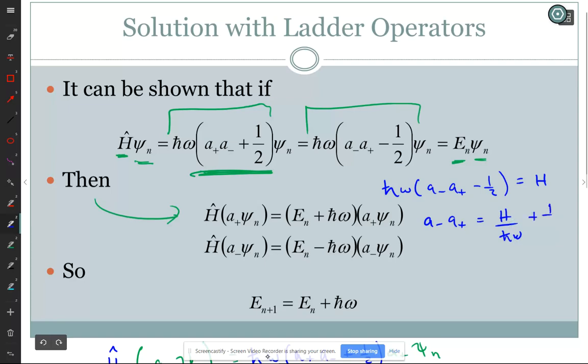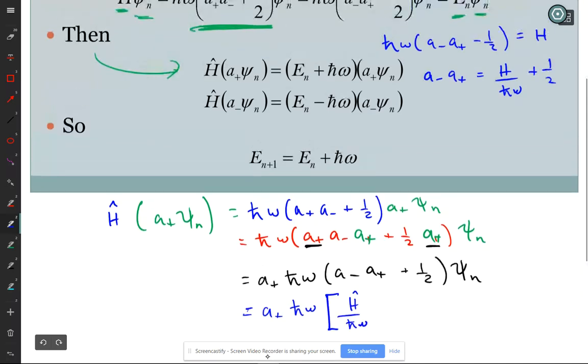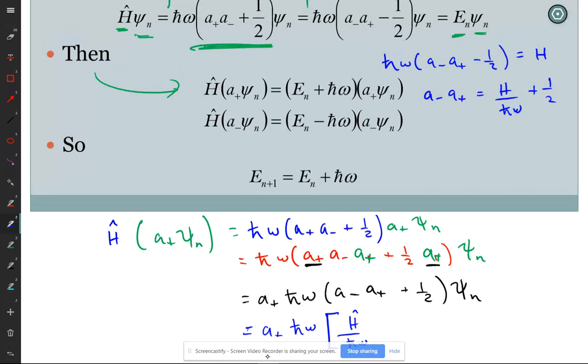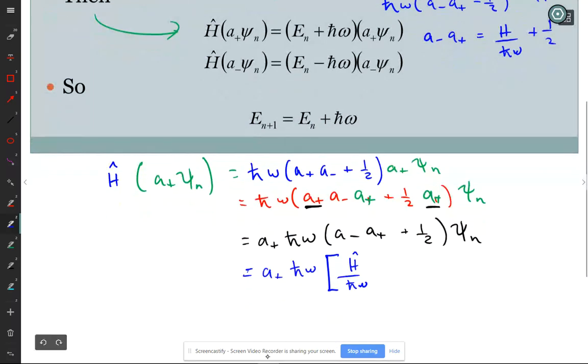Plus 1/2. And so if I put that in here, boy, I feel like I made a mistake. But